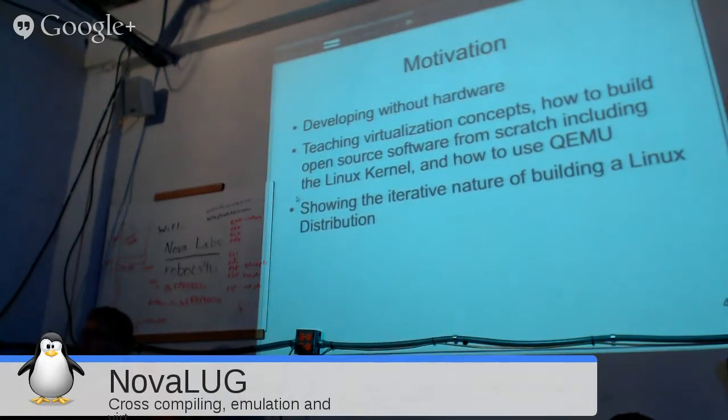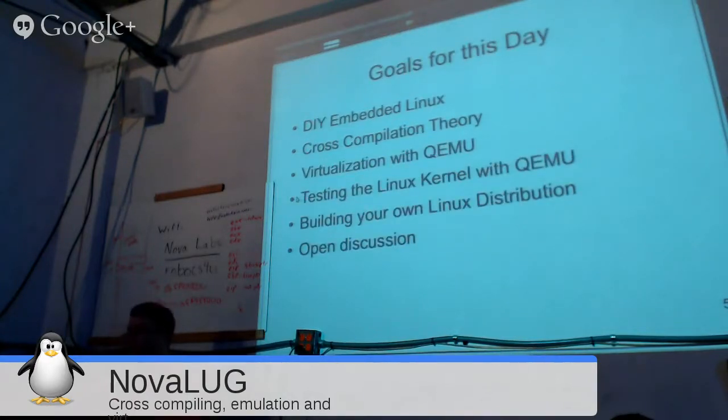I also wanted to briefly show how building your own Linux distribution is really just an iterative process. It's actually kind of rewarding because it's a bunch of solving little problems. It's not too difficult. So for the goals for this talk today, I just wanted to cover do-it-yourself embedded Linux,